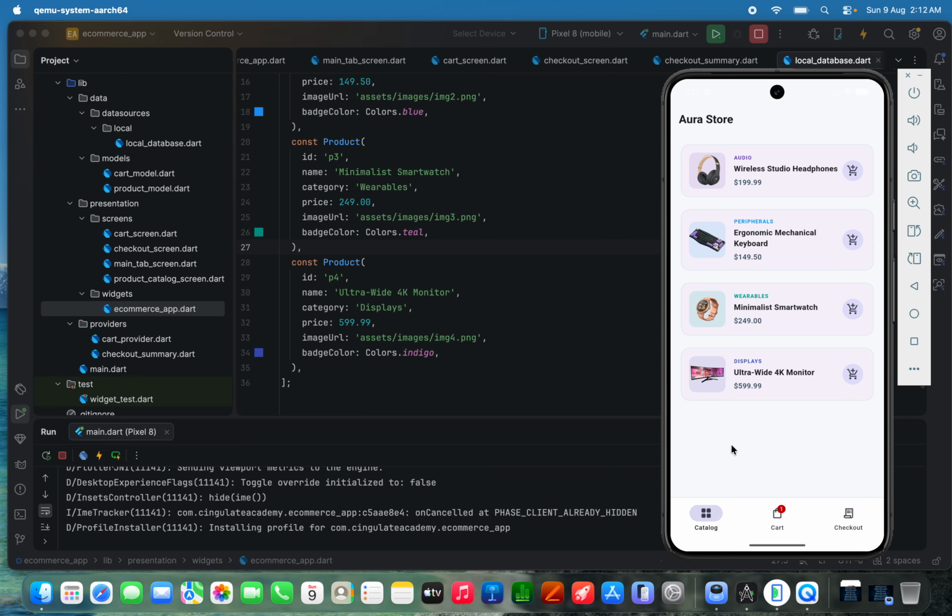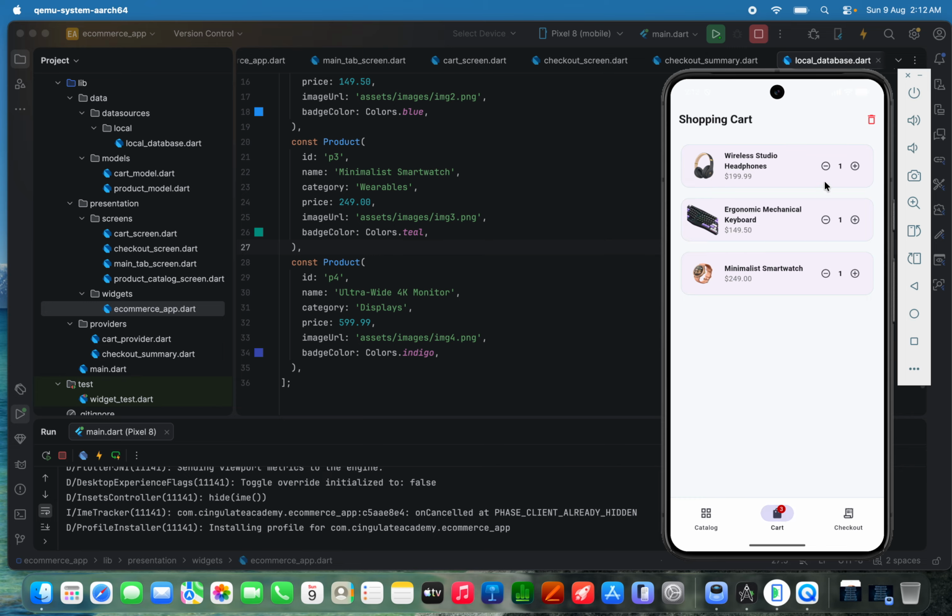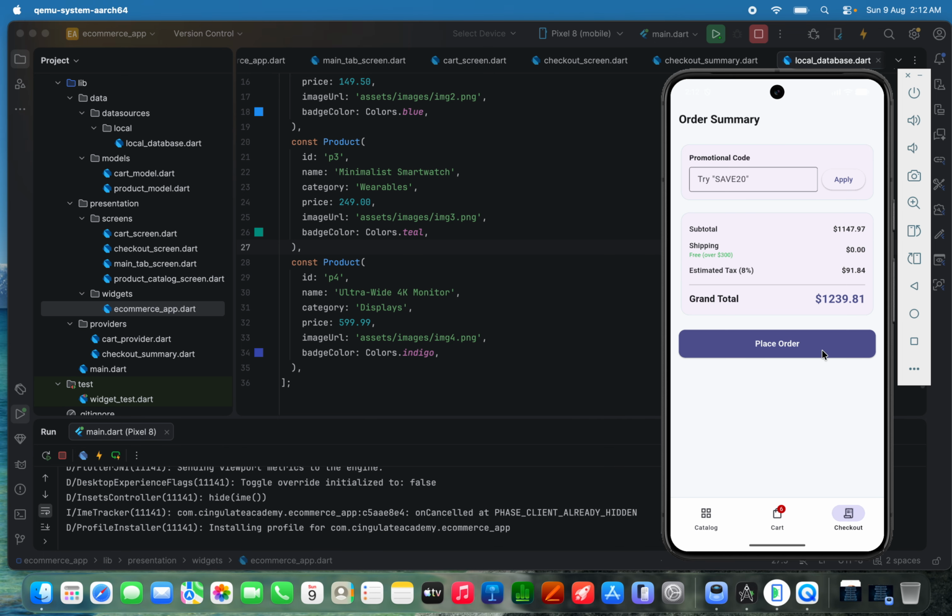If I go back here, I can add another product. Every time we add a product, we get that notification. I can add this minimalist smartwatch, and then when I go here, we can increment the quantity of products in our cart. We can increment like this, 2, 3, and then if I want to set it as 2, then when we go to checkout,